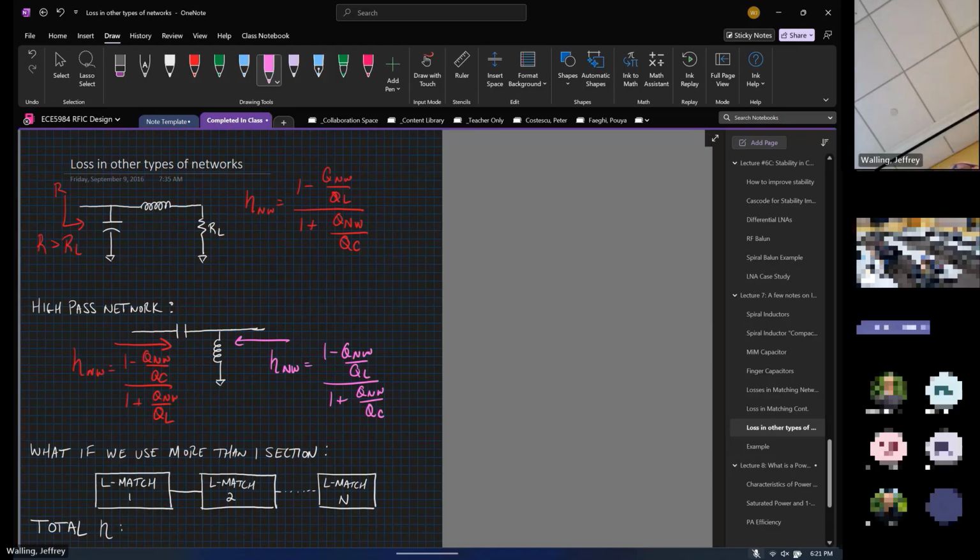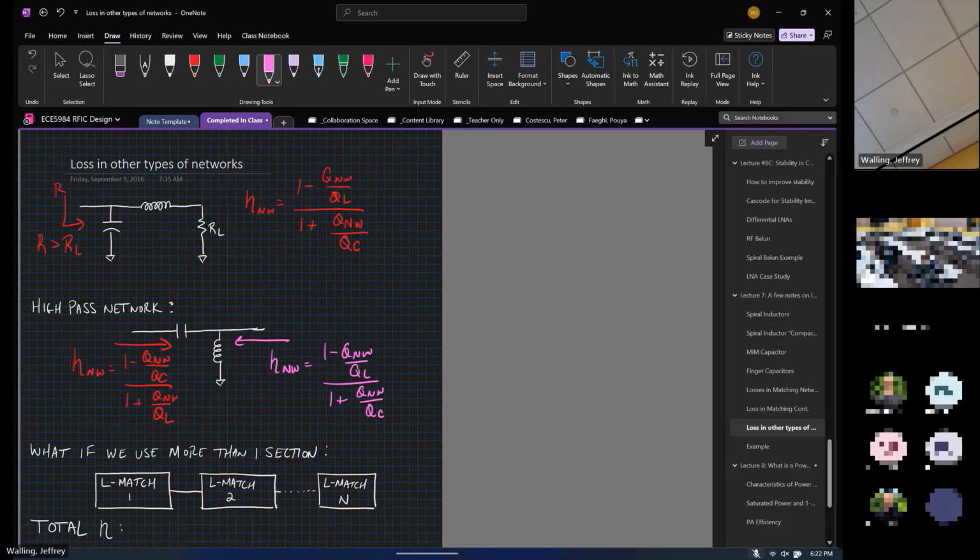All right, so we've used so far matching networks that might have more elements than we have in an L match. What happens if we have more than one section? Well, we can cascade L matches. So we figure out what the efficiency of one section is, then we figure out what the efficiency of the other section is. For those things like the pi network, remember we have an L network looking in one direction and an L network looking in the other direction. When we calculated the values for the pi network, we found the intermediate resistance. We can split up the network just like that, find what the loss is for each section,